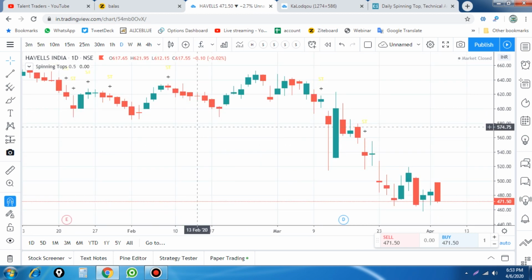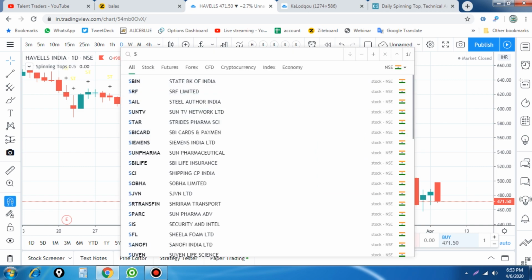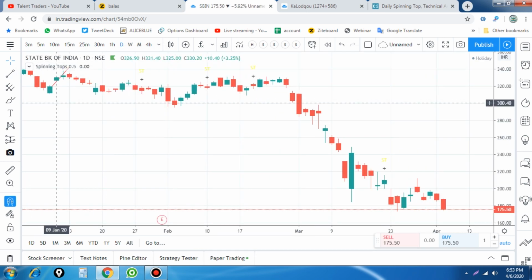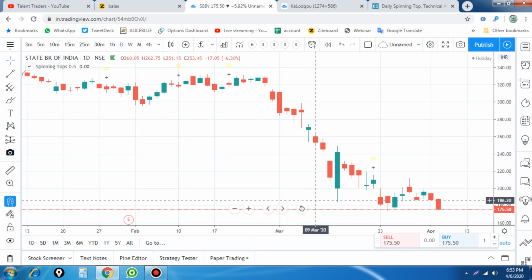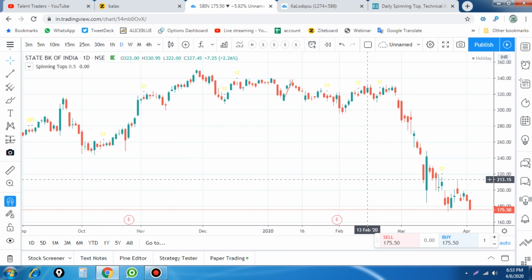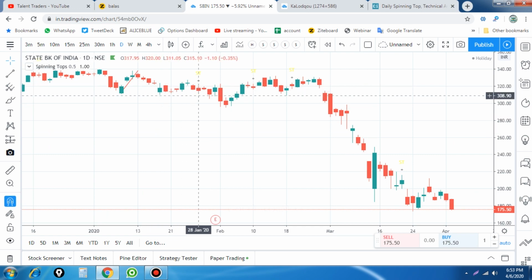So in a live chart, if you take any other stock directly, let's take a step back. Here I have coded something which will show me wherever the spinning top formation occurs. Here also the spinning top is at the bottom, but we don't get the chance to take a trade above the higher level, so we don't get any buy chances. Previously, any other spinning top which forms at a higher level is what we are expecting. Here a spinning top forms at a higher level, and previously we got a doji candle, a doji star.